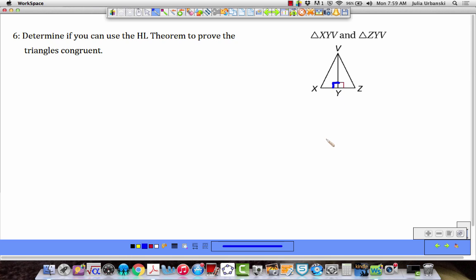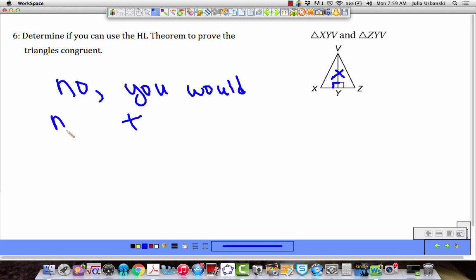That's all you're given. Is this enough information? No, good. Because although you can use reflexive, there's no information on the hypotenuse. No. You would need the hypotenuse